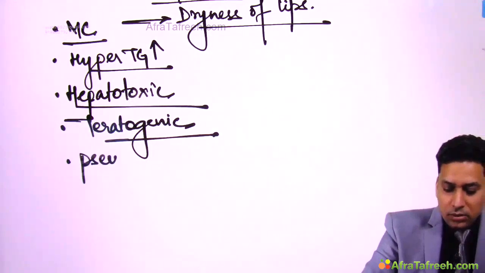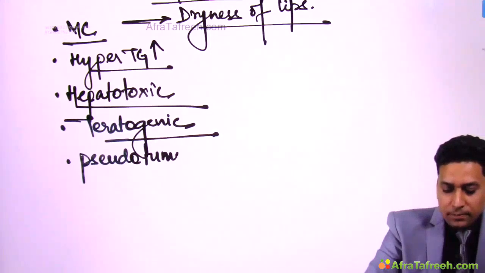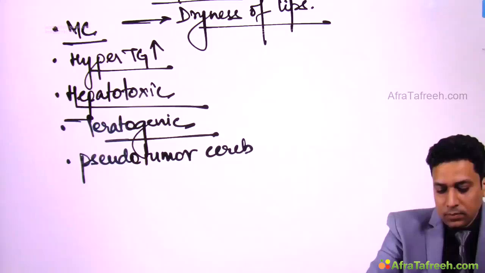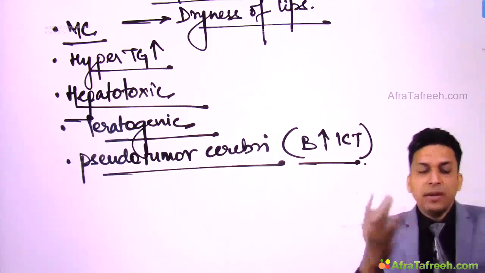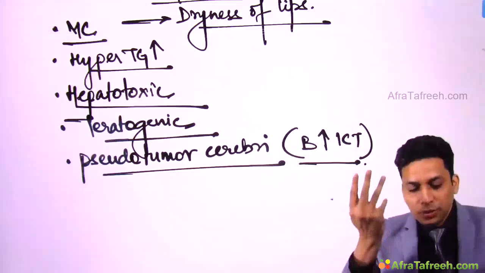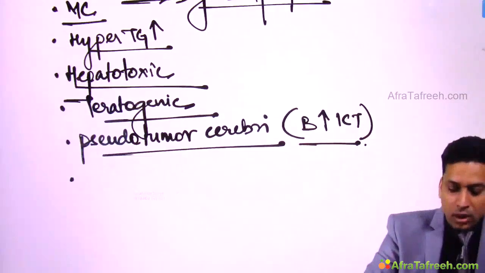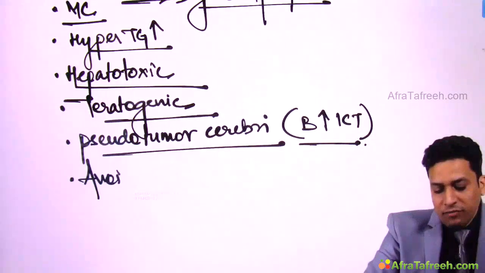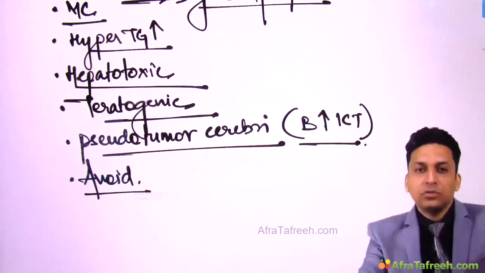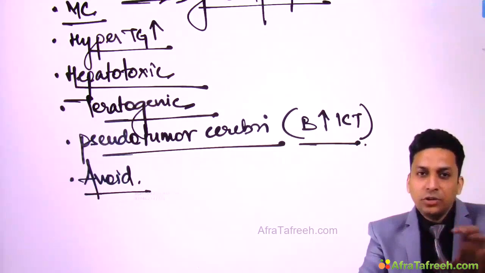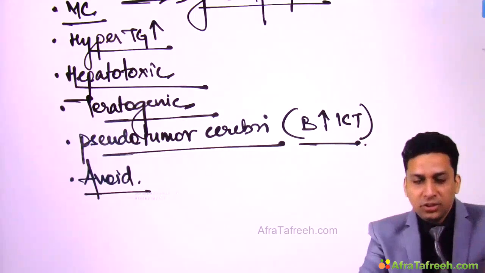It can cause pseudotumor cerebri, that is benign raised intracranial tension. So the patient might present with headache, that is due to raised intracranial tension. Now remember that because there are a few more drugs which can cause pseudotumor cerebri, you should avoid concomitant use of those drugs. So if you are already giving isotretinoin, you should not use those drugs which can precipitate pseudotumor cerebri,